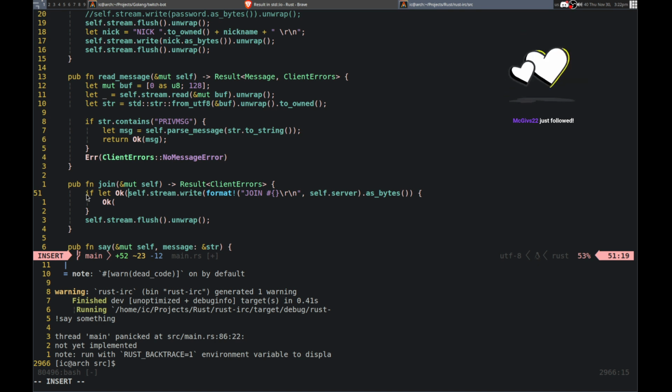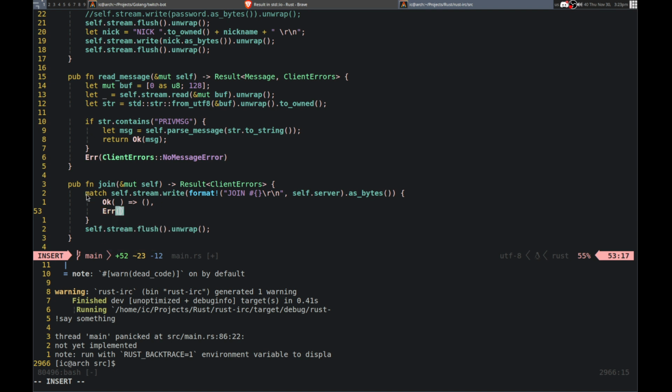So yeah, if let. We don't really need the result of it, so we can just ignore that, because we just want to do that. So yeah, let's do nothing here. How do I do that? Just like that, I think. And then error, E. We just want to return, actually we don't care what the error is. We just want to return,